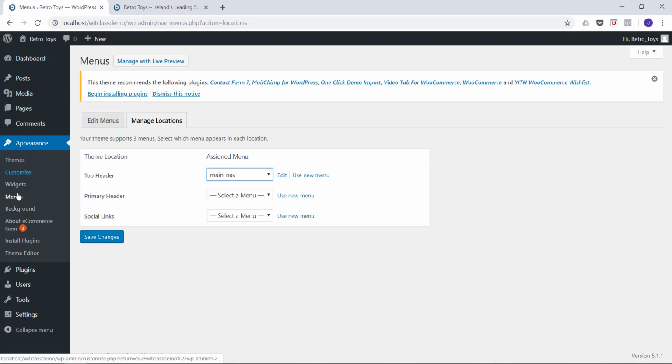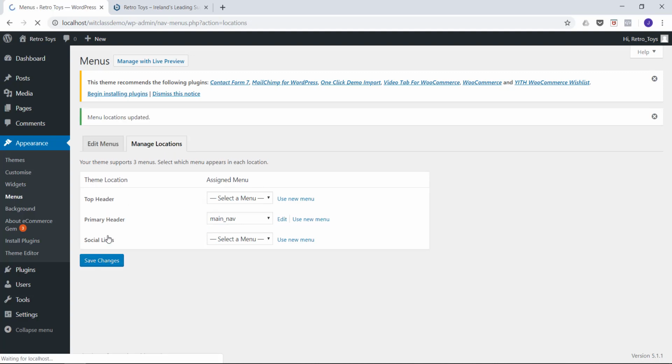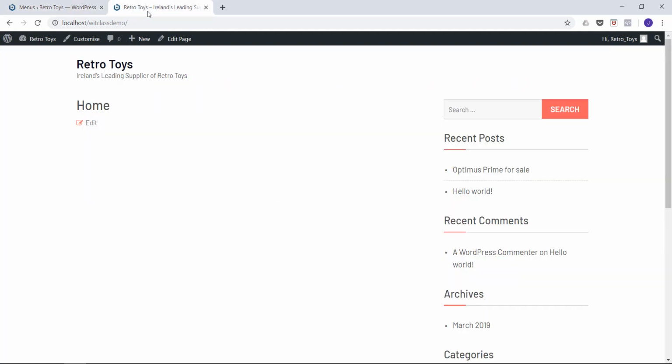and I go to Appearance and Menus, and if I go to the Manage Locations section of menus, you can see here that top header has my main navigation. Primary header now has no menu. So I'm going to change top header to nothing, and I'm going to choose main nav for my primary header, primary navigation. Save changes. Go back over to my website